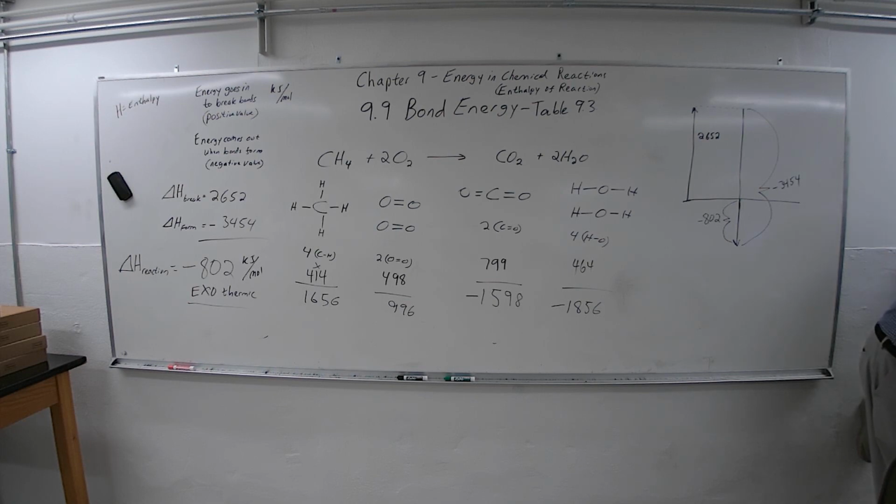Comparing the H to H bond and the C to H bond, it takes a little more energy to break the H to H bond than it takes to break a C to H bond. That means the H to H bond is stronger. It's just what you think of as strong. You've got to put more energy in to break it up, so the bond is stronger. So another way of stating what you see here,